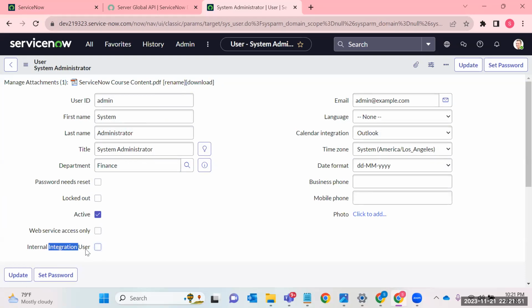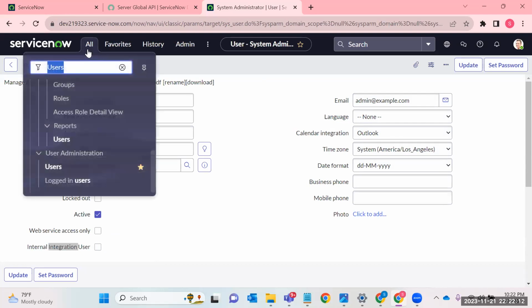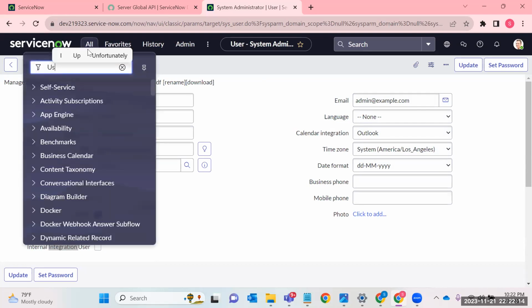If you are using any internal operations for integrations, you can enable this checkbox. And if you want to add more fields, you can do that. If you want to remove some fields, you can do that too. So all this you can customize, guys, only with the help of certain roles that you hold on your profile. So roles play a major role in ServiceNow. Coming to today's